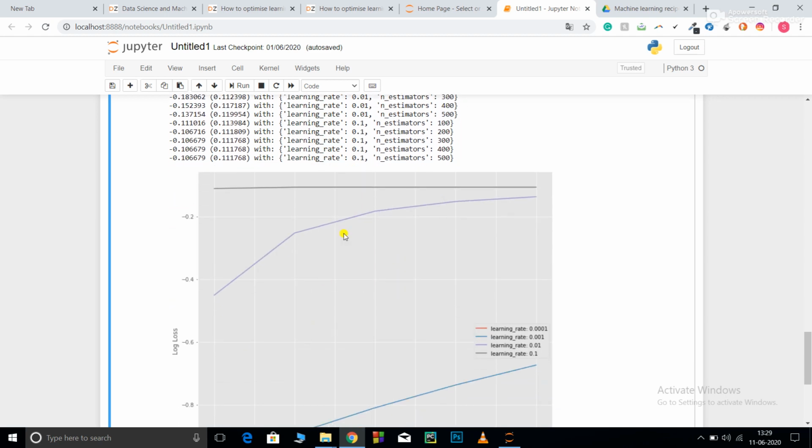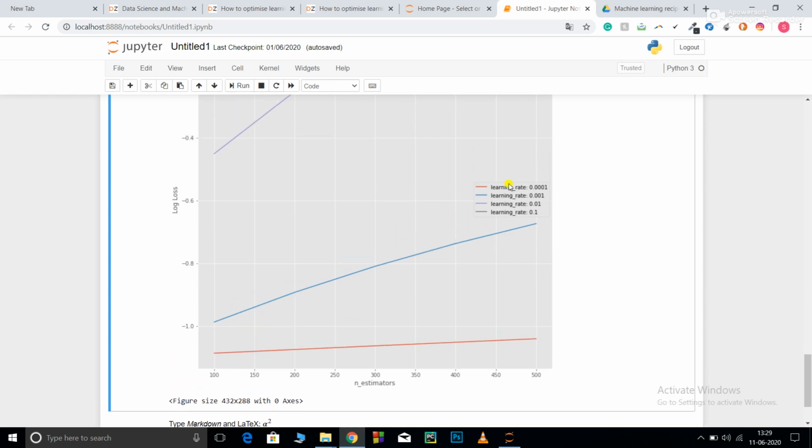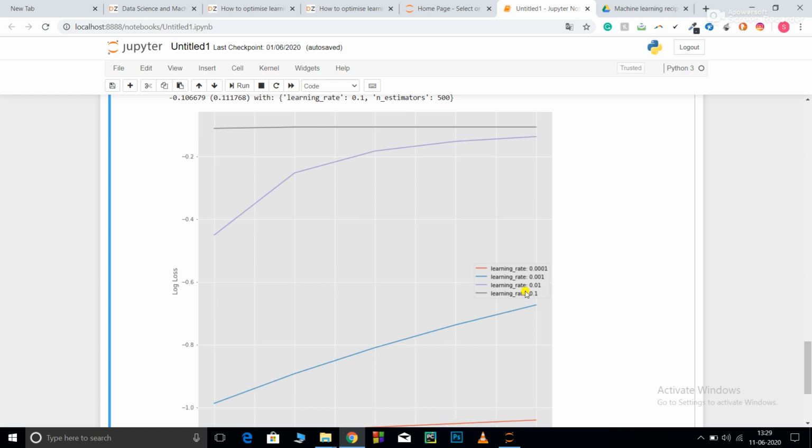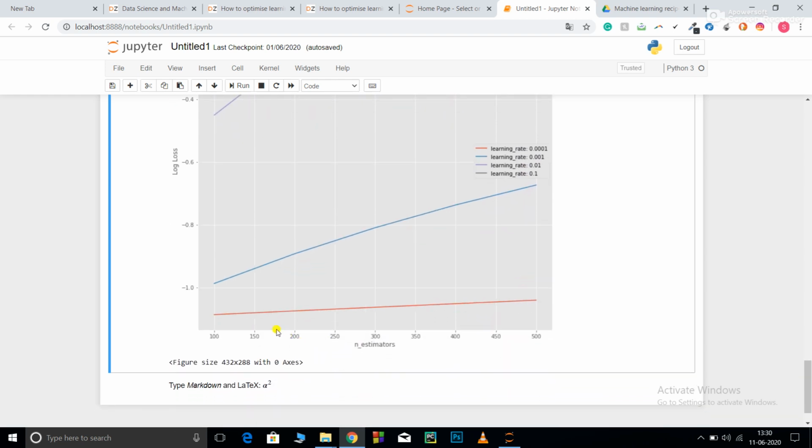Now I'm finally drawing my graph. So you can see the red one represents learning rate 0.0001, blue 0.001, purple 0.01, and gray represents 0.1. Now you can see as n estimators increases, learning rate 0.001 is performing very poorly as compared to learning rate 0.01. Till estimator 500, my loss is greater than minus 1.